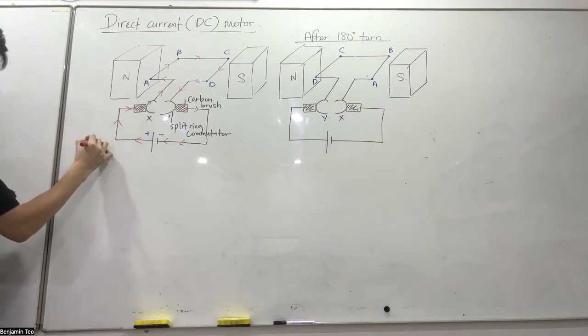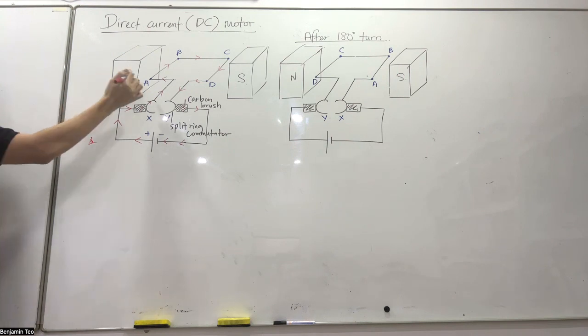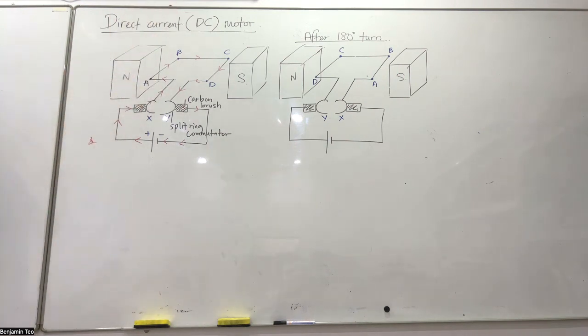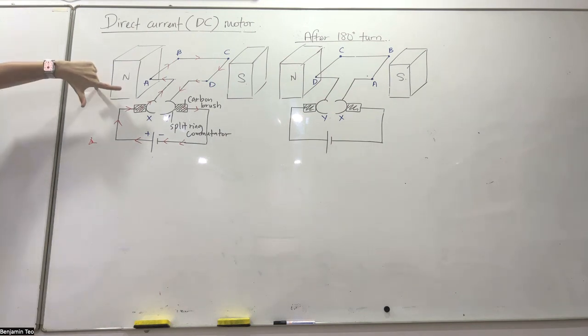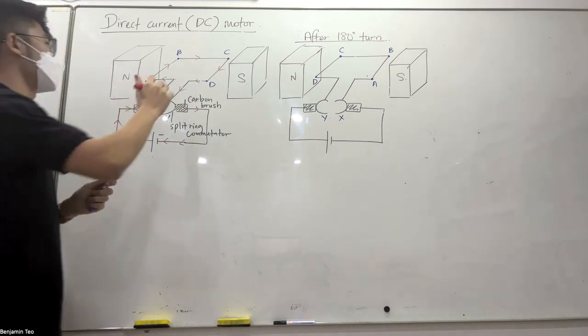So if I see from the front, imagine you see from the front, the current is going away from the face, so it's going into the page, right? Like this. So 你的 force 是 downward，这边的 force 是